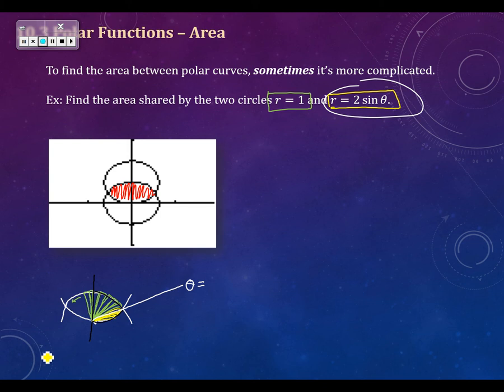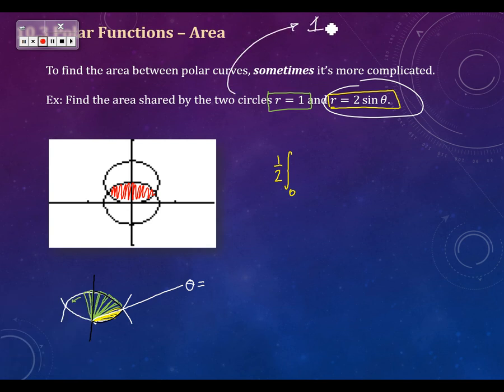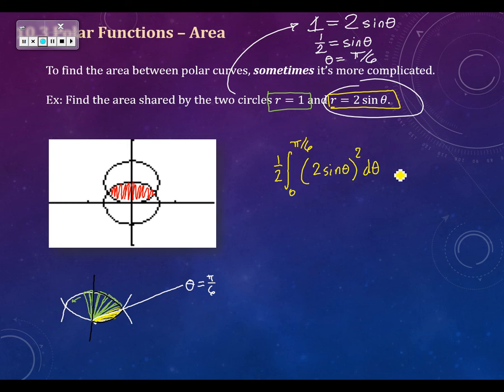The area of the little yellow area is the integral, 1/2, the integral from 0 to, oh wait, we still need that theta value. Okay, good, we're ready now. So this was theta equals pi over 6. So we're going to integrate from 0 to pi over 6, just the yellow guy. Again, 1/2 that thing squared, d theta. And then we're going to add